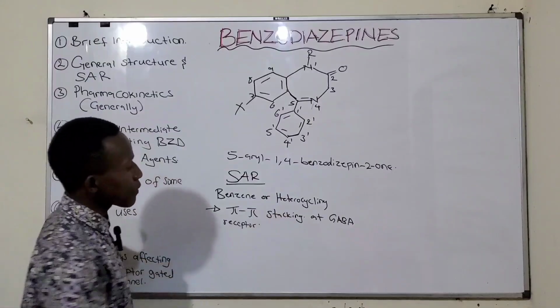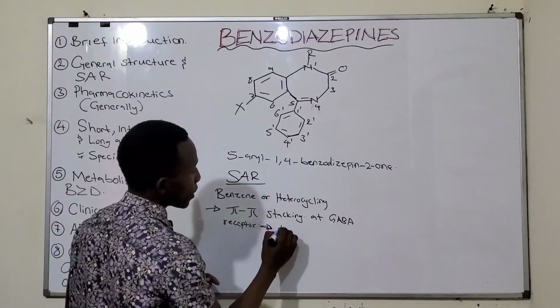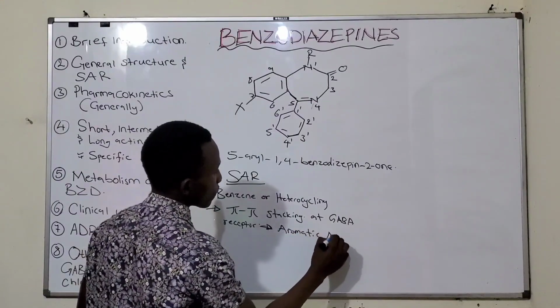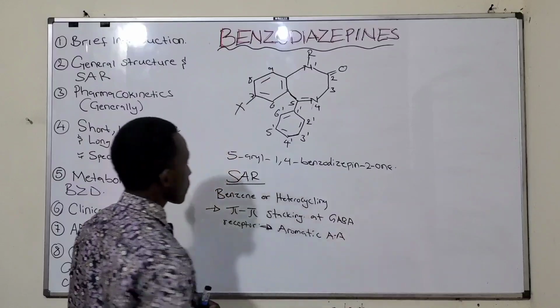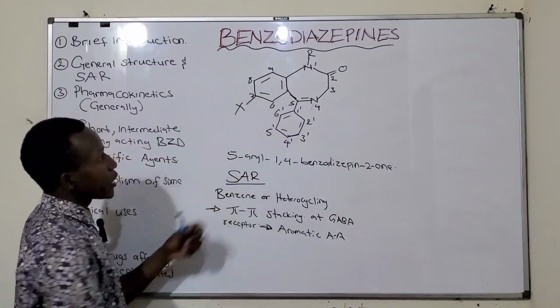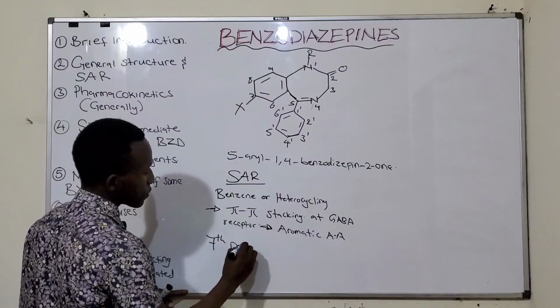This pi stacking interacts with the aromatic amino acids. That's the role of this ring. And at position 7, the 7th position,